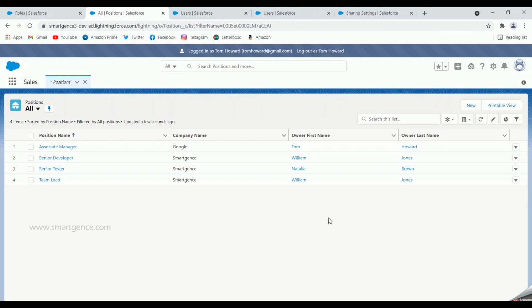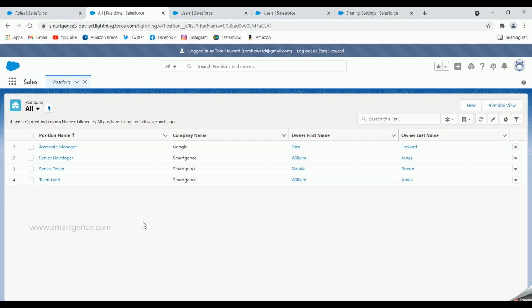As you could see, there are four different records. Two owned by William Jones, which you have seen when we logged in as William Jones, one which was created right there, and one created by Natalia Brown herself just now, and one which was owned by Tom Howard. This has been a record from earlier, for a long time. So he is able to see all the three records which were owned by the users who are under him